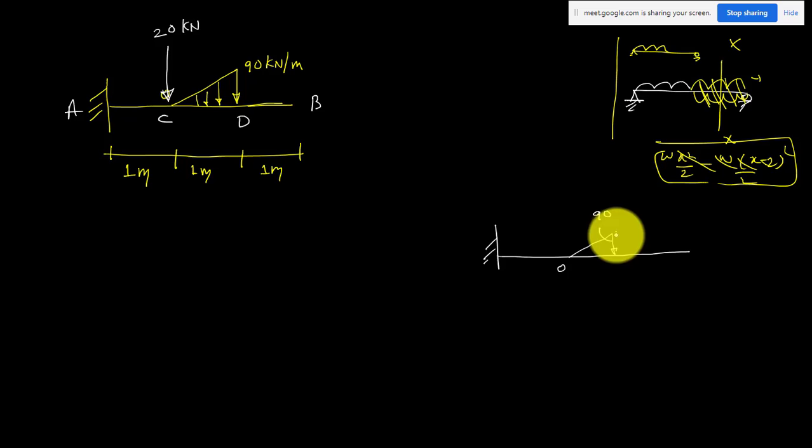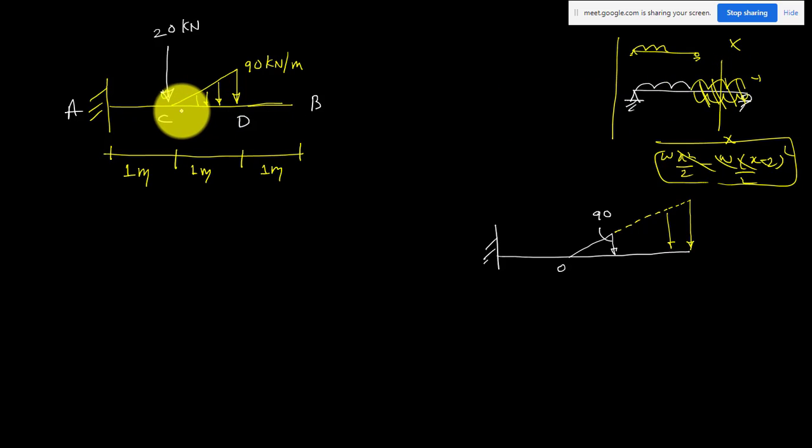I cannot just add a UDL like this. Then also you can't write a single equation, it will be difficult. So you extend this uniformly varying load like this. How do you extend the UDL? Here every meter I have intensity uniform W, so that is why I am extending the same value W for the remaining length.